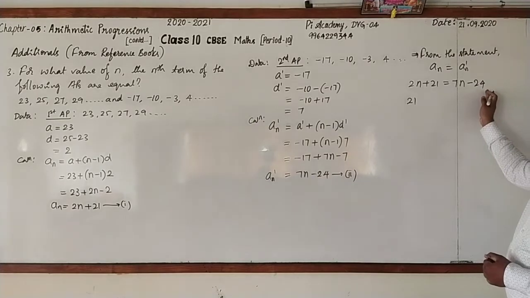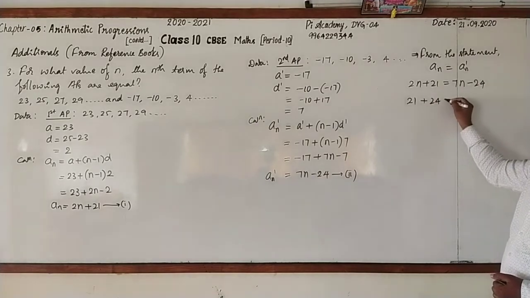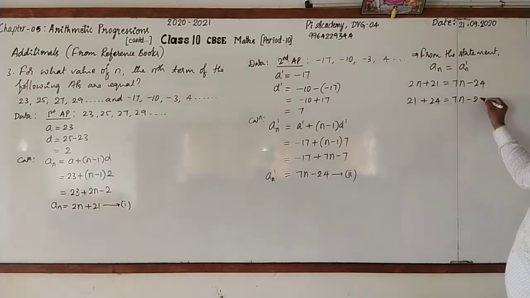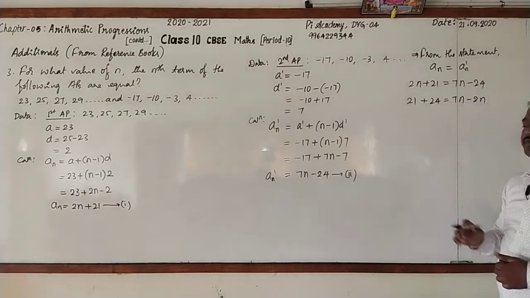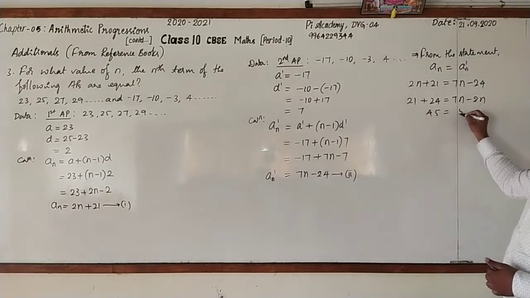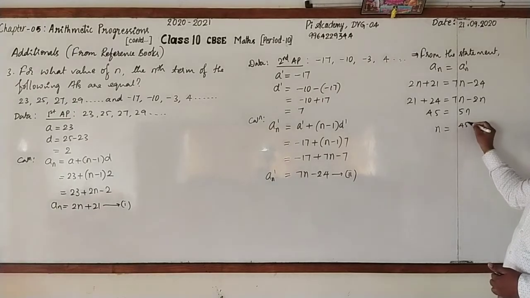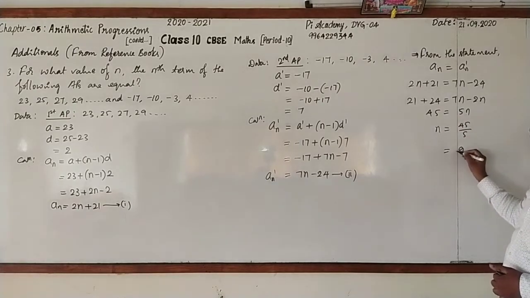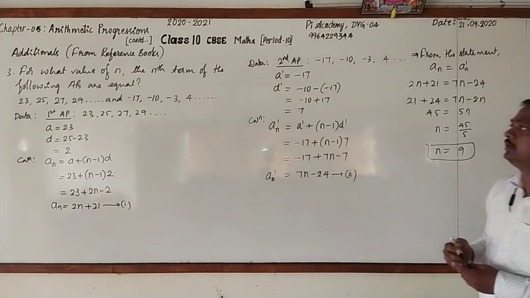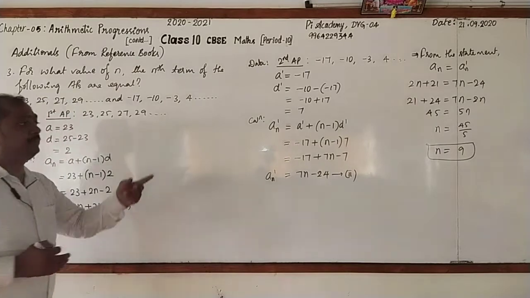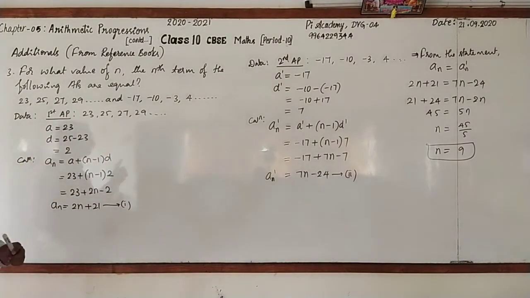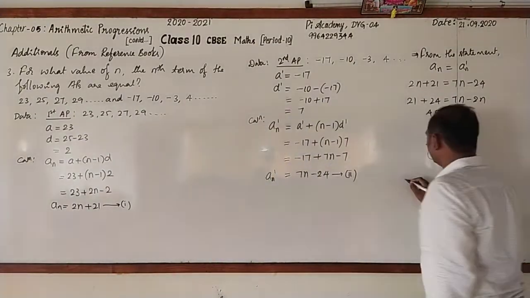Then take minus 24 to the left hand side. It becomes plus 24, which is equal to 7n. Transfer 2n to the right hand side. It becomes minus 2n. What is 21 plus 24? This is 45, equal to 7n minus 2n. This will be 5n. n is equal to 45 by 5, which is 9. Clear? So when the number of terms in both the APs is 9, then the nth terms will be equal. Clear? So we can write therefore